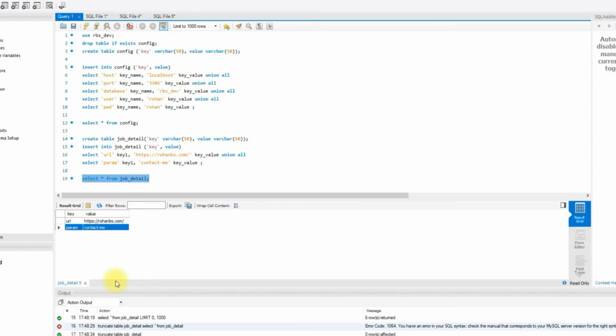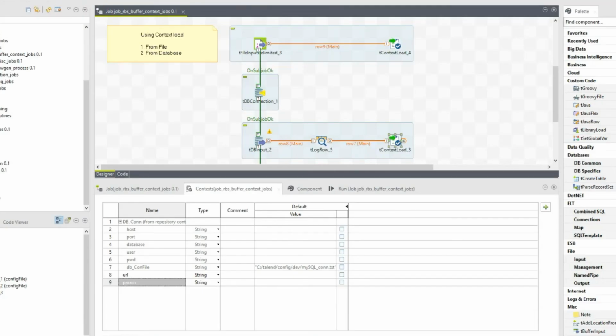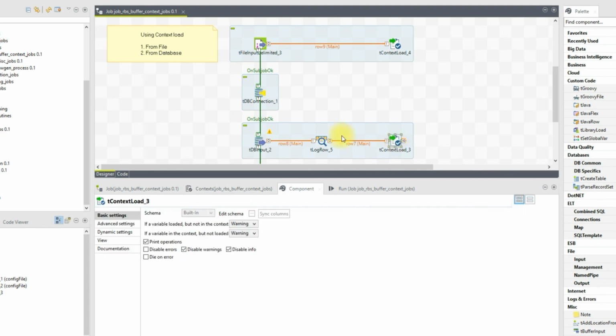So if you recall, the table has got URL and parameter, so the same names I've used in our context. And since these two variables are very much needed for one of my jobs, which will not be used across all others, I am making them local variables, and then I'm setting the values.